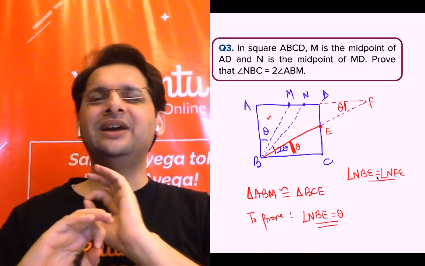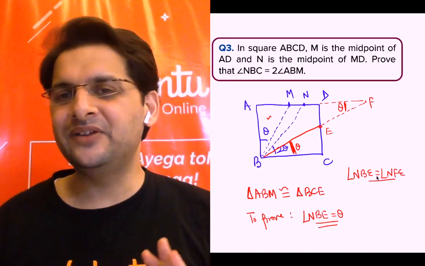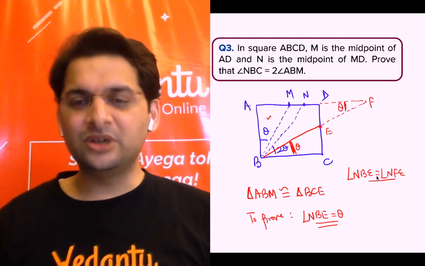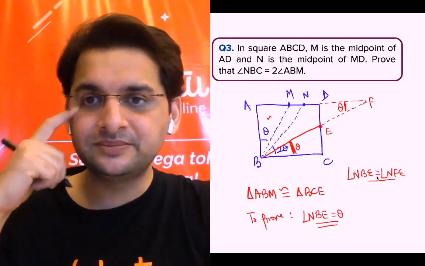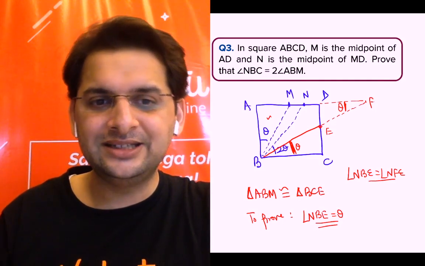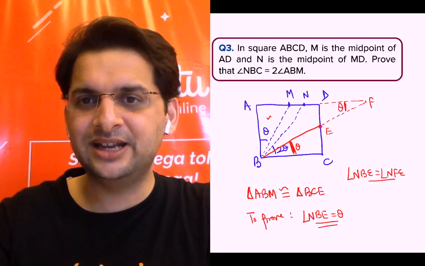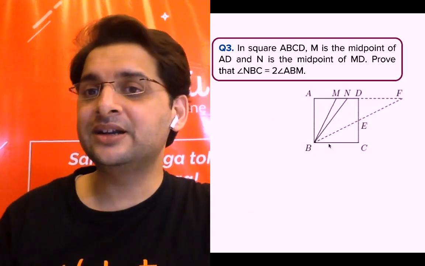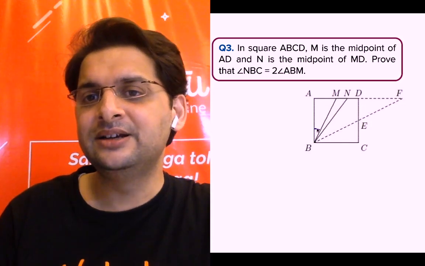I have given you enough hint now. Try to solve this question. You can pause the video if you're seeing a recording. And those who have done this can see the solution now, which is on the next slide. So this is the construction which we did. So why we did that construction? To make things easier and symmetric.